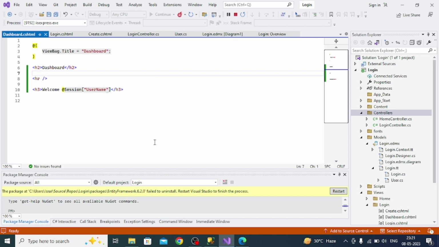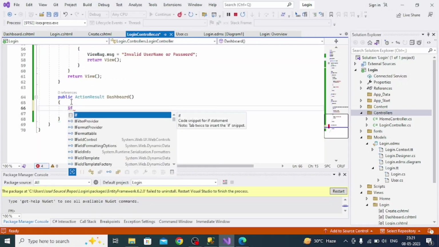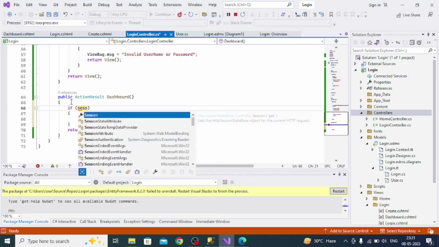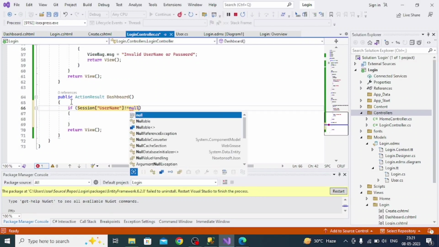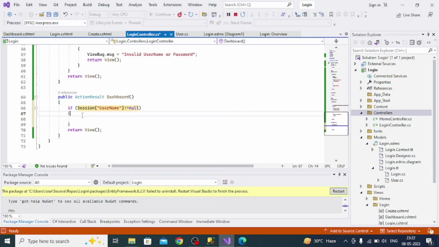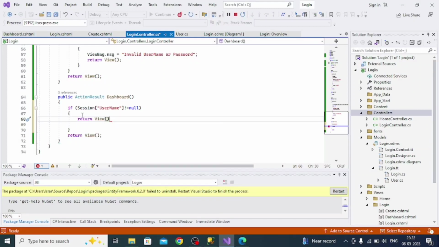For that we have to write code in the login controller. The condition is: if session username is not equal to null, then return view. So if the username is received in the session, then it has to return the view, and else